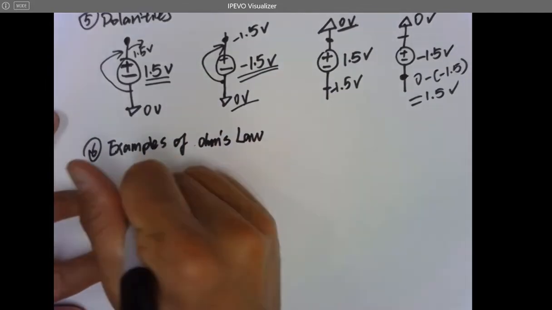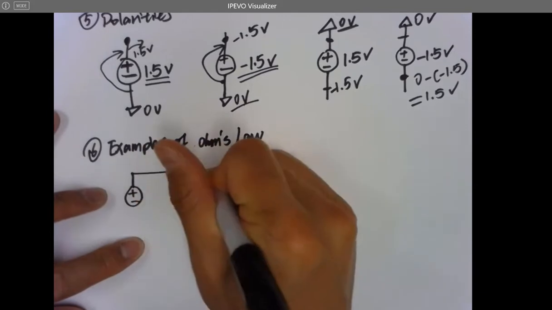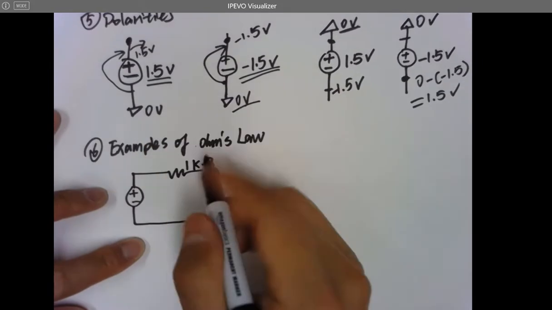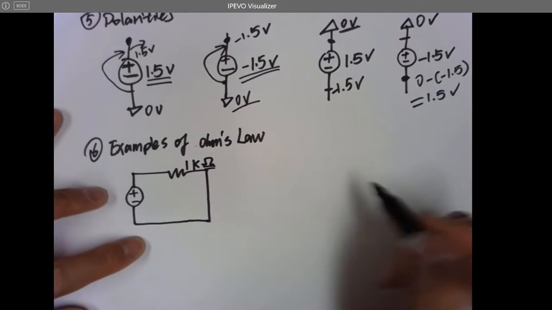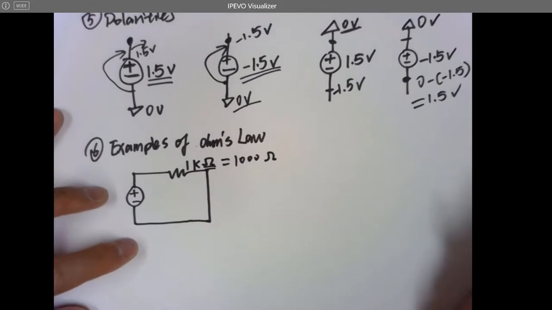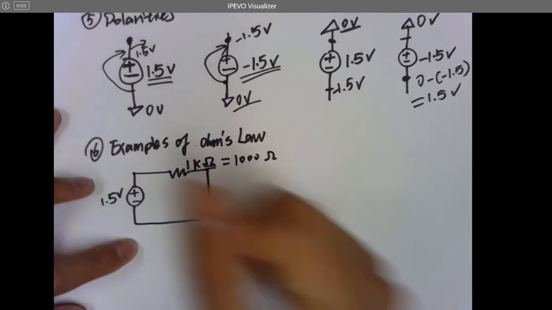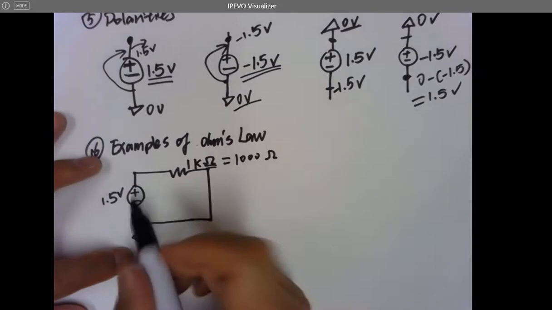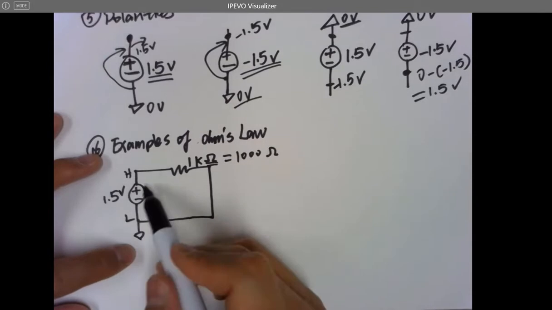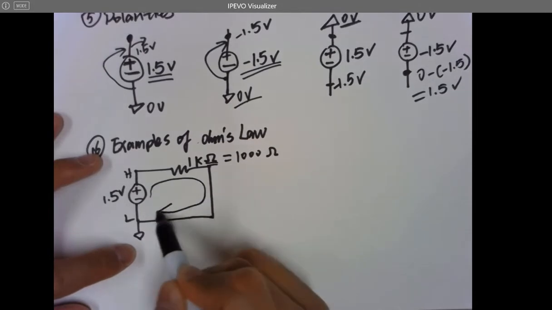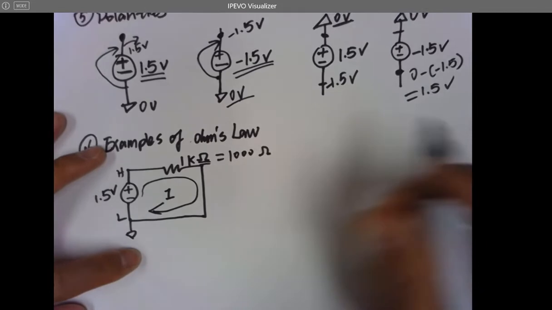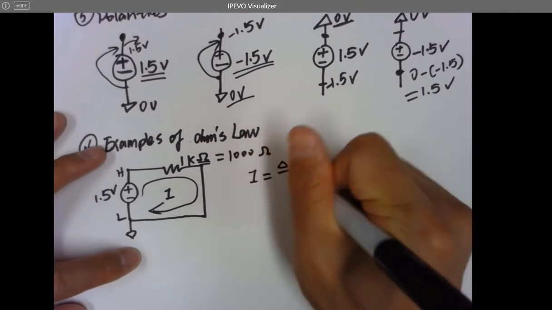So for example, that's a 1.5 volts power supply, and that's a circuit, that's a resistor, which is 1 k ohm. Ohm is a unit for resistance. 1 k means 1,000, right? So this is actually 1,000 ohms. And this is a 1.5 volts battery, and you ground here. Because the potential here is higher than here, this is high, this is low, so it's going to pump the current in this direction and come back to the battery. So that's the current, and according to Ohm's law, I equals delta V over R,